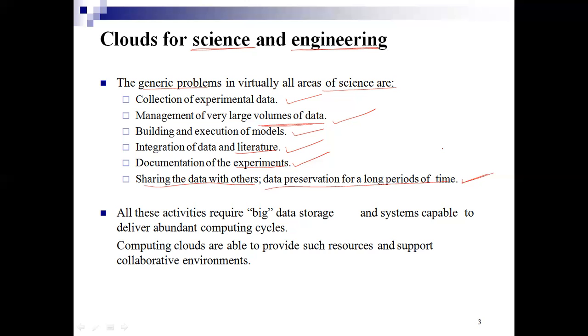All these activities require a powerful computing system. We have gone through these problems. A powerful computing system can provide the solution to all the generic problems we have just gone through. A typical example we can discuss in a later slide. Before we move to that example, all these activities require big storage.